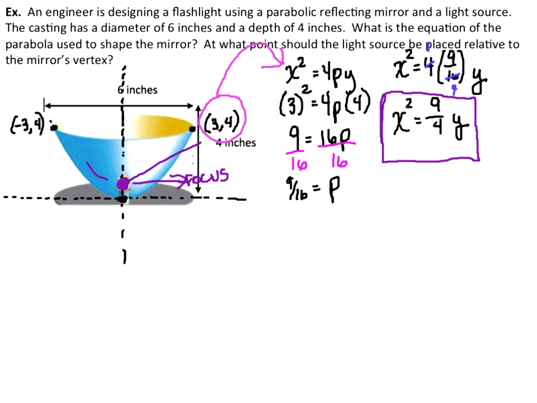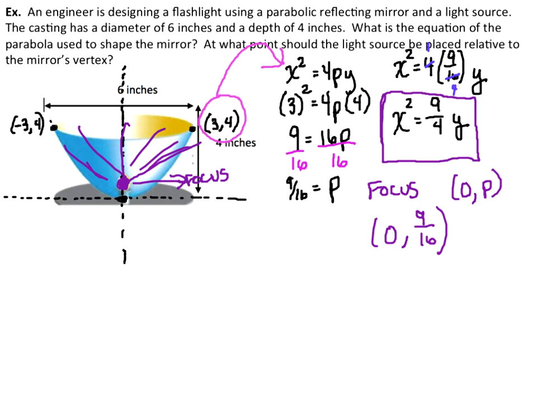And then we're asked to tell where this light source needs to be. Well, the light source needs to sit at the focus. If it sits at the focus, it's going to have the maximum amount of spreadage, if that's a word, through that parabolic reflecting mirror. So all we need to do is figure out what the focus is to know where to put our light source. The focus is given by (0, p). So my focus in this case is (0, 9/16),